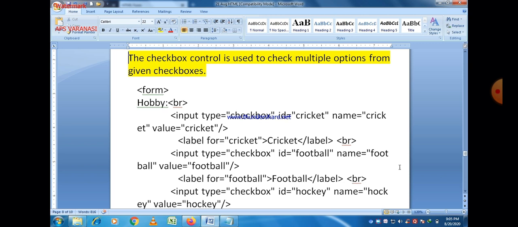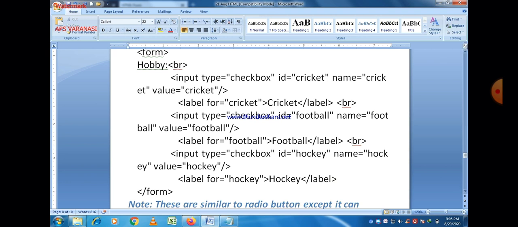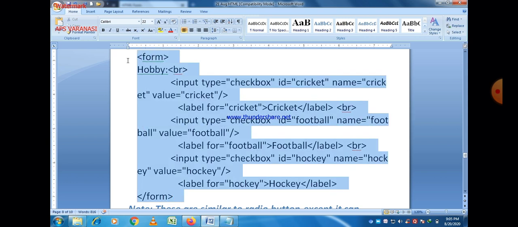And second thing is representation of checkbox is a little bit different as compared to the radio button. That is the part of the programming in which we just create different checkboxes. That's why the program looks big as compared to the previous one.